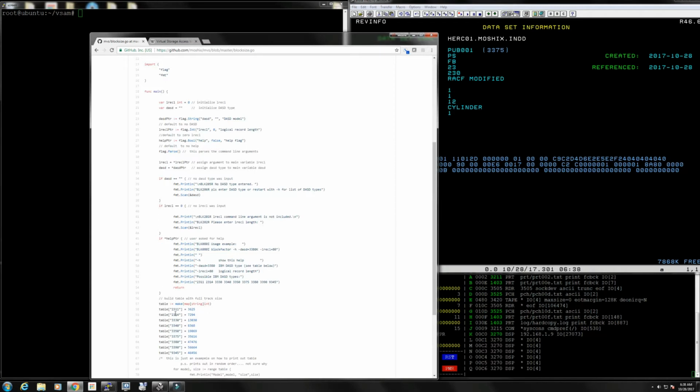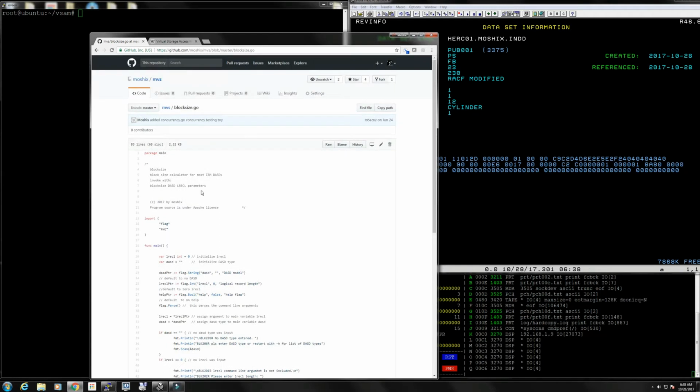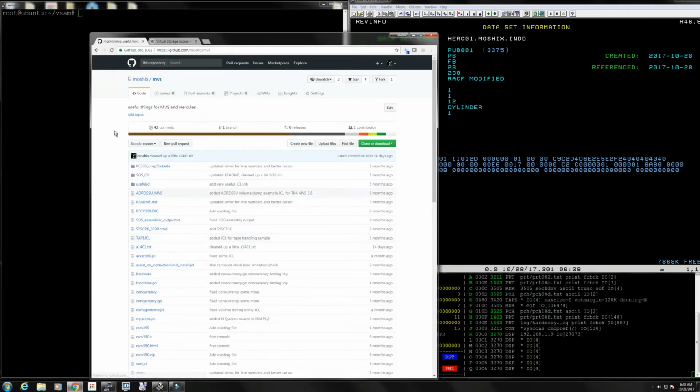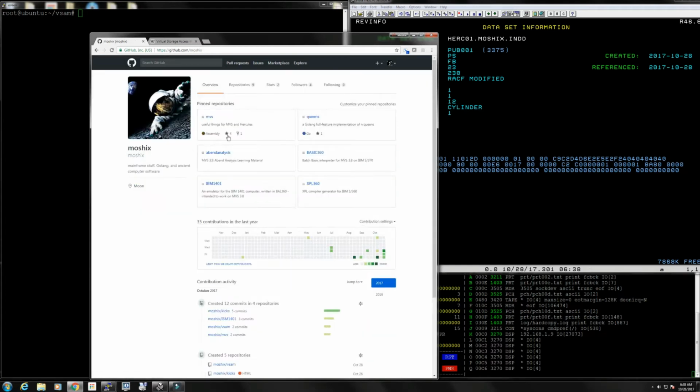And we have the device types here, starting from 2311 all the way to 3390s and even 9345s. It will calculate the best block size. So I suggest you use this. Again, it's in MVS here in my GitHub repository called MVS. I'll link to both repository, the VSAM one, as well as